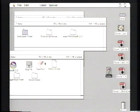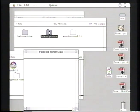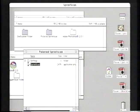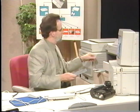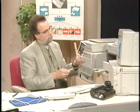I'd also like to show you another form of scanning, which would be, for instance, from this Polaroid scanner. The Polaroid scanner is really designed to do small images, like, for instance, the Type 50 series images that you might be using in the studio, or wallet-sized photographs. And